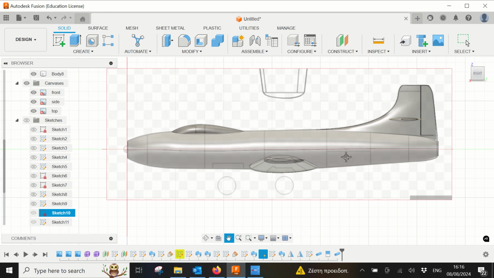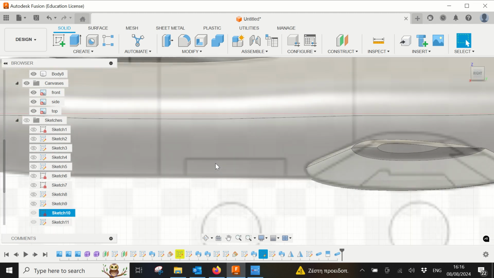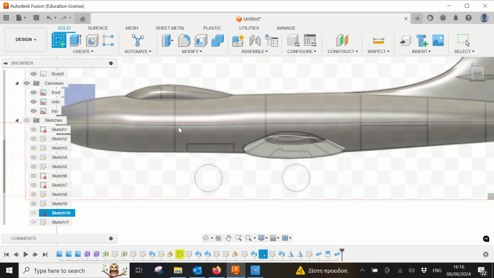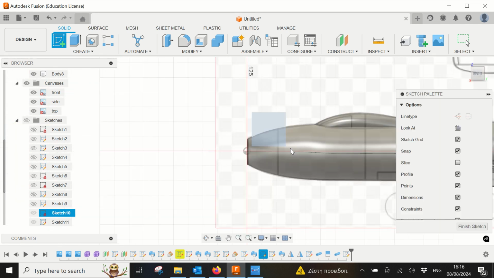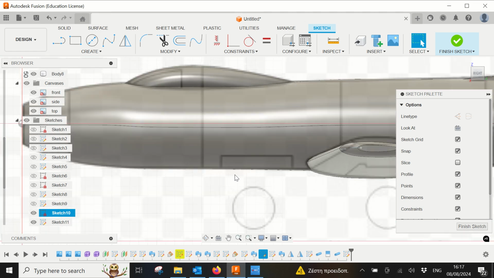Let's see. Let's do this one here. Now, for example, this one here. Do a sketch on this plane. This is the nose gear. I would guess that's the nose gear. So I can go here,